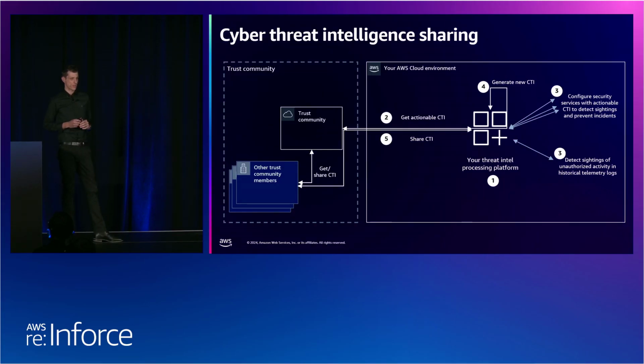So the first step in enhancing your cybersecurity capabilities on AWS is to deploy a threat intelligence platform. There are quite a few industry solutions out there, but the one that I'll call out is OpenCTI, which is an open source project. This is ideal because it benefits from greater code scrutiny and transparency from the broader community. These solutions can be deployed in a variety of ways, depending on whether you have a preference for servers or containers in your organization. You can use Amazon Elastic Compute Cloud, EC2, or ECS if you prefer containers. There's also AWS Marketplace, where you can use partner offerings to deploy your solutions.